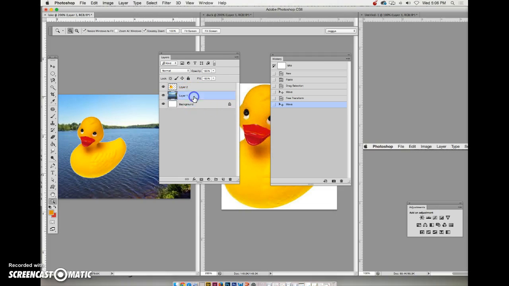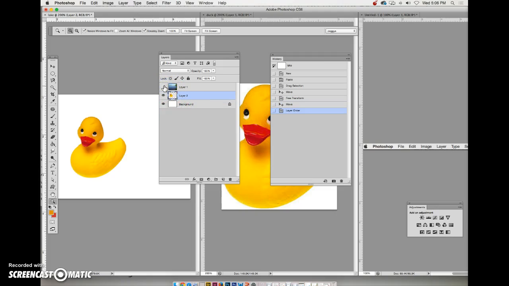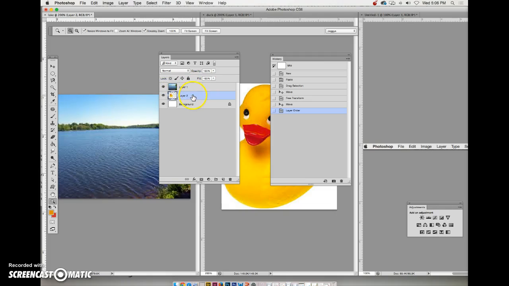You also have the layer panel, and you can see Photoshop is a layer-based program. In the layer panel, I can actually turn off my layers. I can move my layers. So now the duck is actually there, but it's underneath the top layer here. And I can move it back up like that. And I just know it's kind of important while we're working on learning the introductory tools here that you do